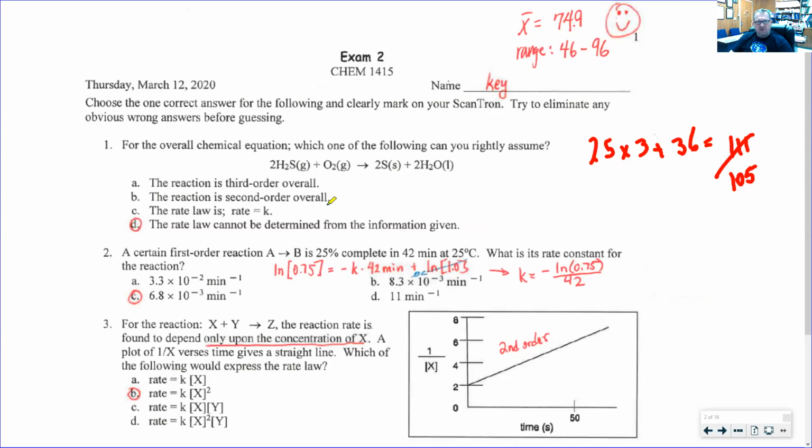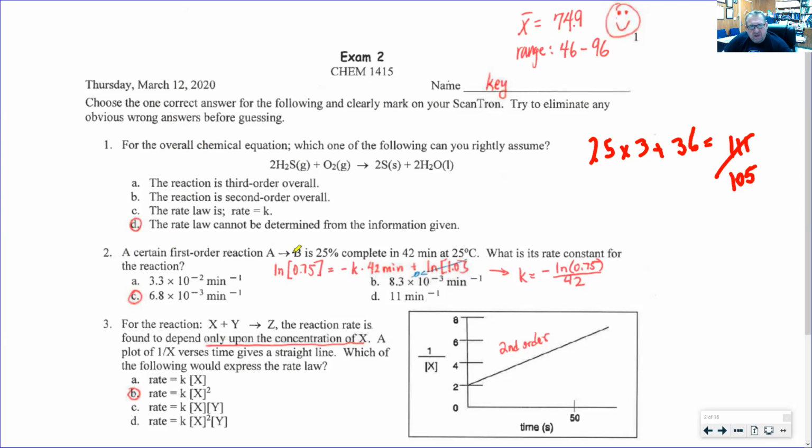So we're just going to quickly go over the exam and talk about some things that may have caused problems. Again, this is not a live session, so you can't ask questions, but if you want me to bring this back up during the lab period tomorrow, where we're going to do the EOC problems, just let me know and I can bring these back up. The first one we did pretty good on.